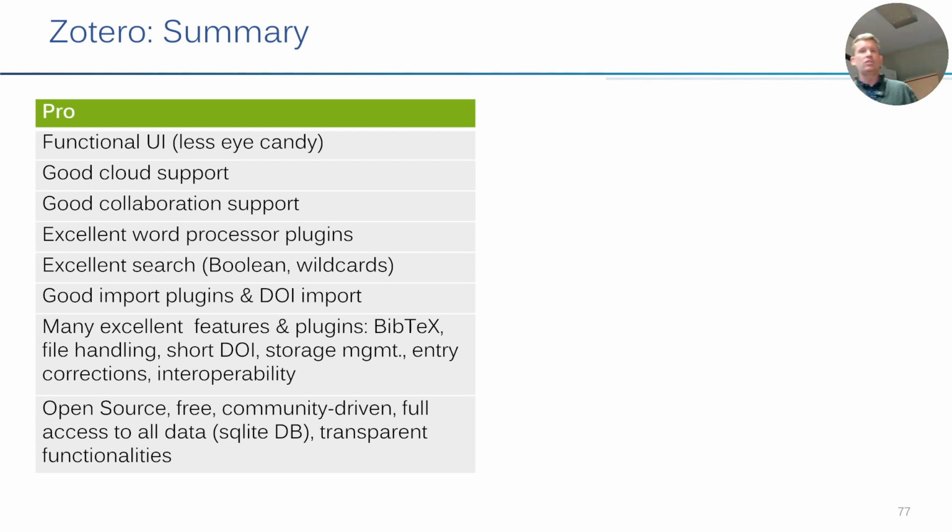It has many really excellent features, mostly provided by plugins, as I said, because other researchers, other users have encountered a certain problem and solved it for you by developing a plugin. Open source, also free, except for the storage. If you need more than 300 megabytes, then you would need to pay or put your PDFs to some external storage. And really active community. Also nice in terms of portability to know is they use a SQLite database as their storage. So it just resides somewhere on your computer, which you can configure even where you want to put it. For those of you who are familiar with the